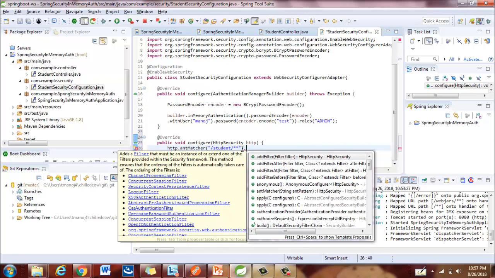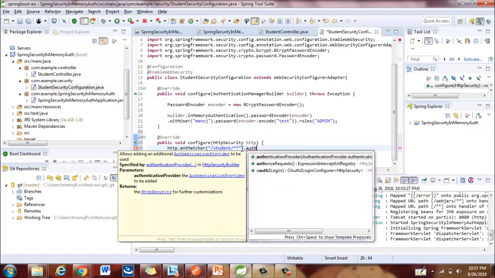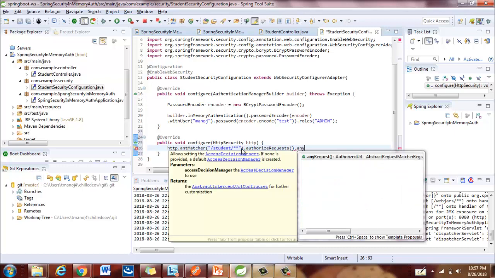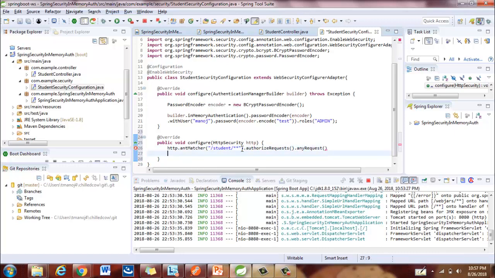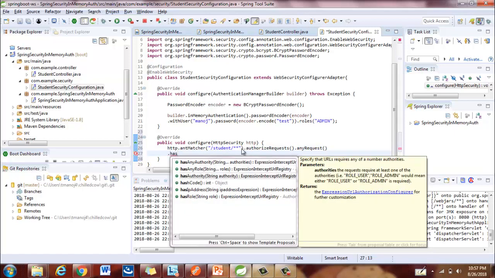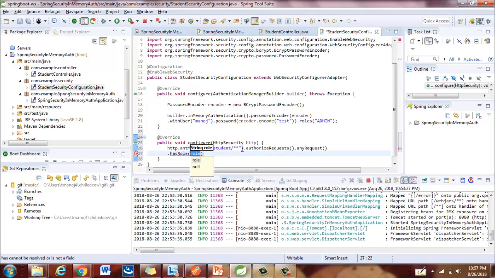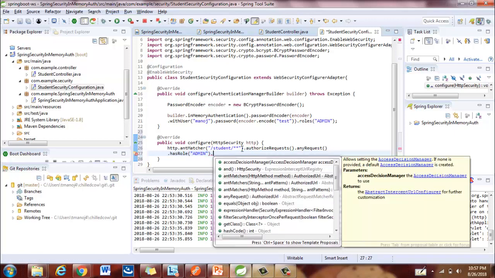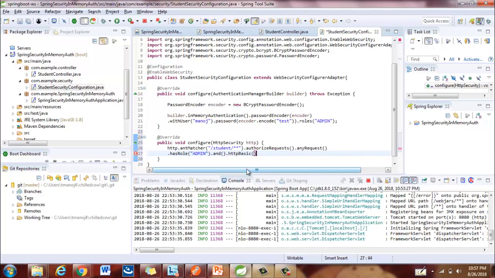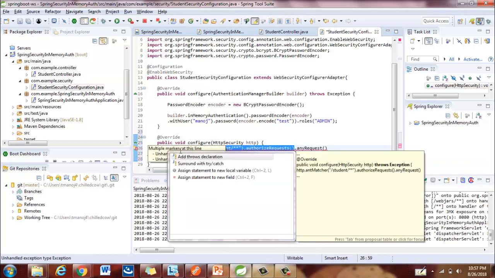So this is my URI pattern which I want to validate. This is my resource, and I want to authorize requests in such a way that any request having this particular pattern should have the role of admin. And this is HTTP basic authorization. Now again it's giving an error. Okay, yeah,